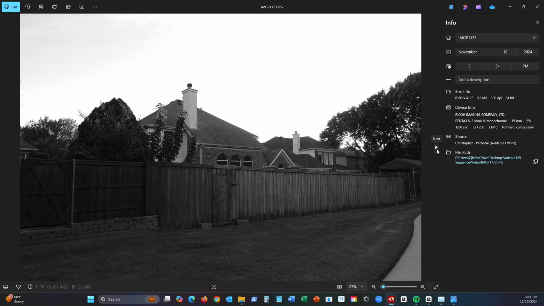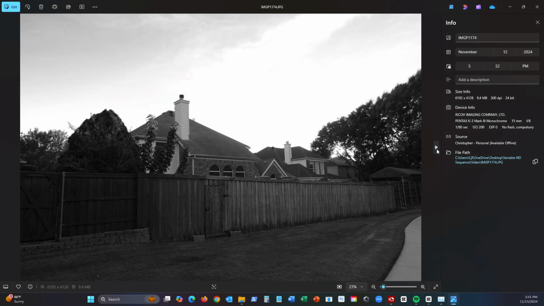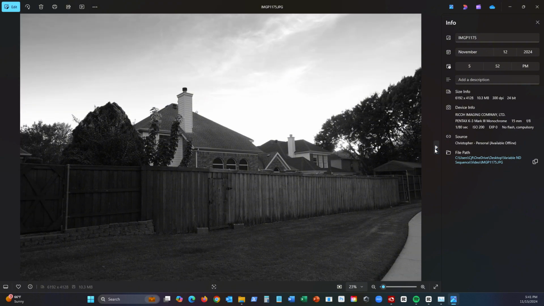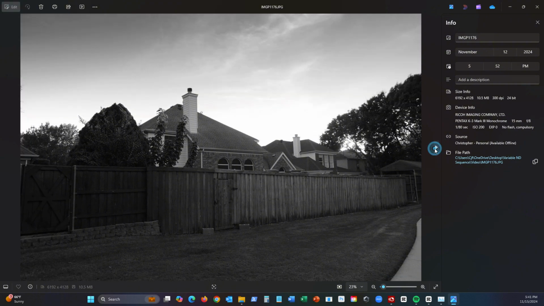So this is no filter. This is -1 stop EV. You can see the sky already starting to come in. -2 stops, -3 stops. You can see again, these are taken within seconds of each other, so it dramatically improves the sky, I would say there,